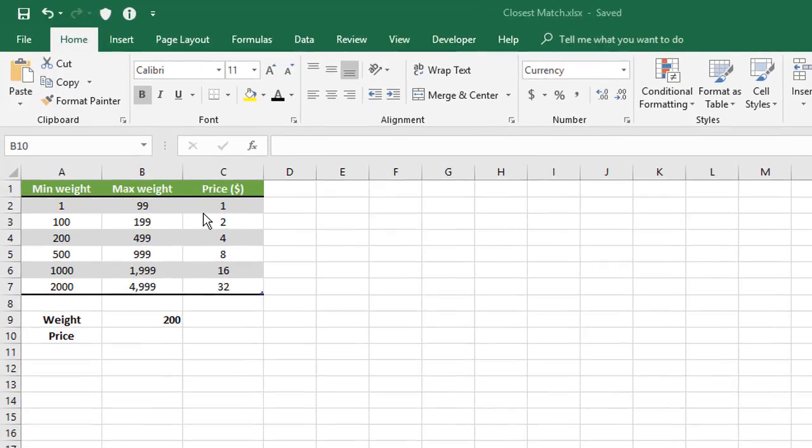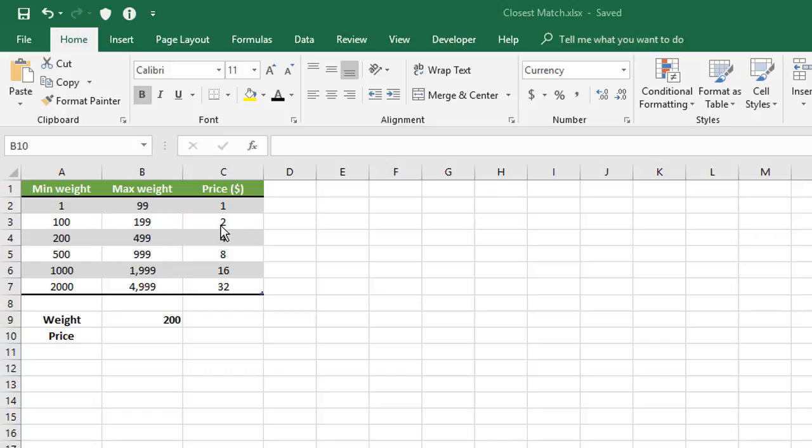So imagine you go down a post office with a parcel and you put your parcel on the scales, and based on the weight of that parcel, they'll charge you a certain amount. So in this case, anything between 1 and 99 grams, they'll charge you $1. Between 100 and 199 grams, they'll charge you $2, and so on all the way through the table. So whatever the weight of your parcel, it'll fall somewhere in this range, and therefore they can assign a price